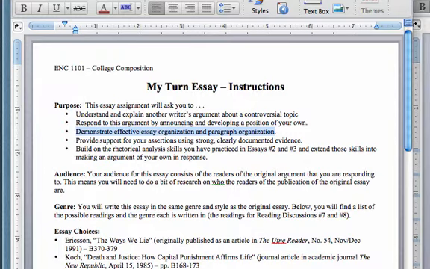Another component of strong organization and a structure that really keeps the reader on track throughout the paper are transitions, of course. And that means between paragraphs, you can't just change topics. You need to transition from one idea to another. Sometimes you'll have multiple paragraphs on one topic, but when you're changing topics, it's really important that you have a strong transition.